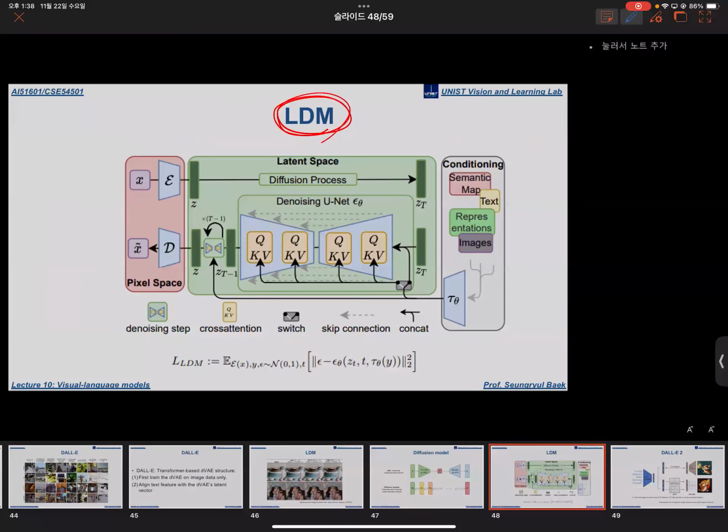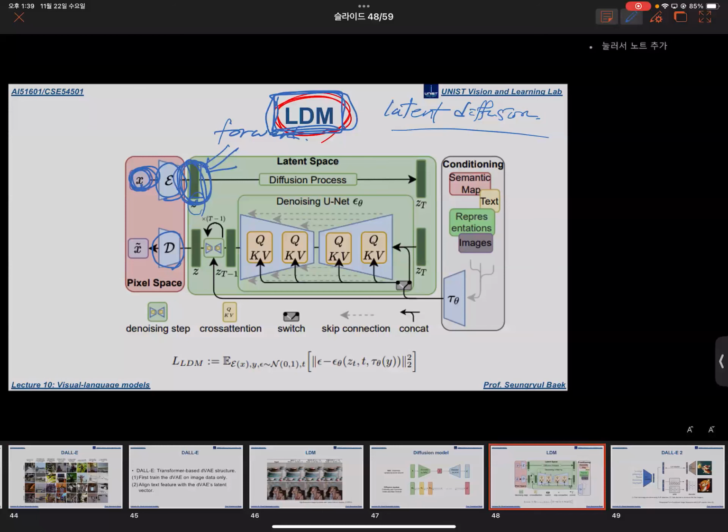So what was proposed is latent diffusion. The latent diffusion model has an encoder and a decoder. They first extract some latent vector from the input image